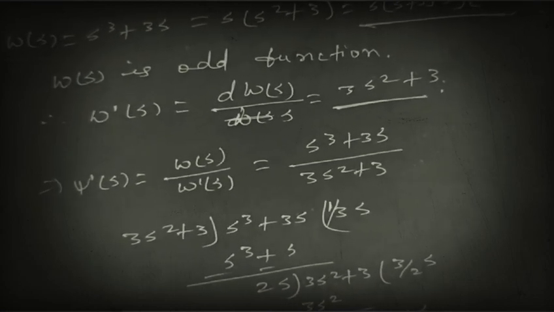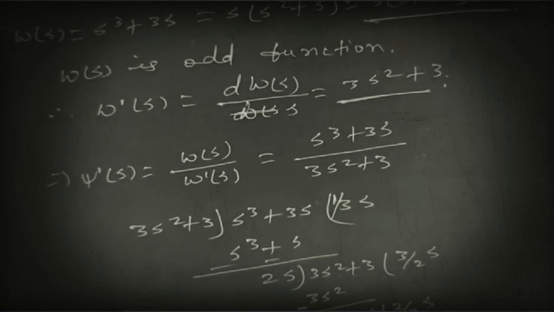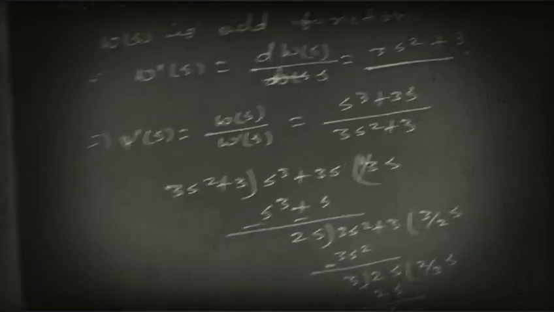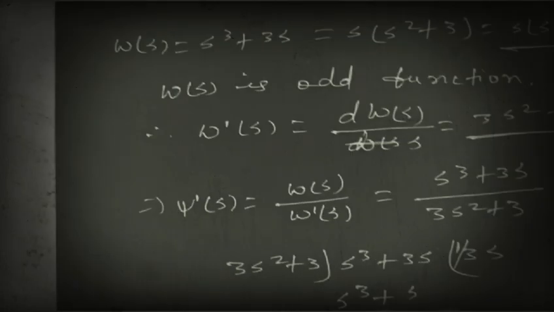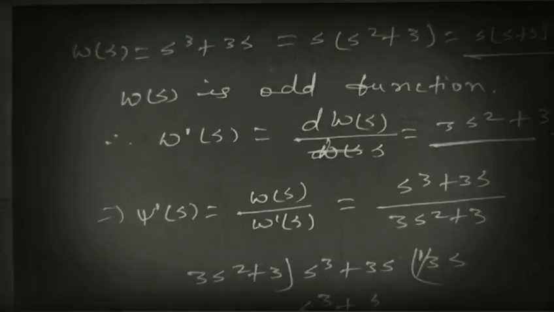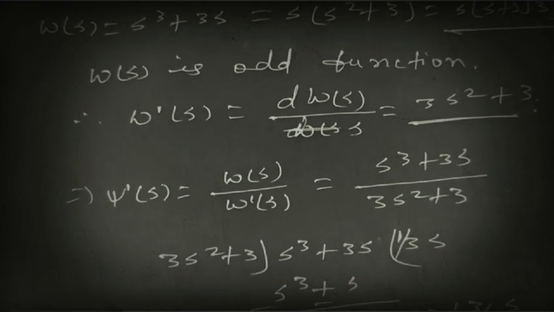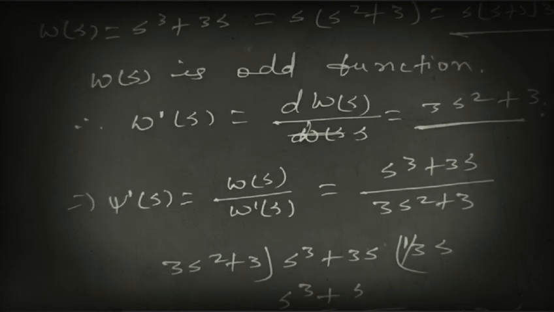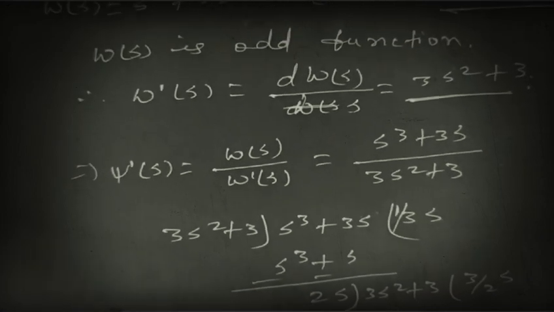If it has only odd terms and all the roots are lying on the j omega axis, that means it is a Hurwitz polynomial. Although, we'll check through the method of continued fraction. How will you write the continued fraction here? Here W(s) has odd terms only, so we'll differentiate W(s) with respect to s. We'll write W dash (s) is equal to dW(s) divided by ds, so here it is equal to 3s square plus 3.